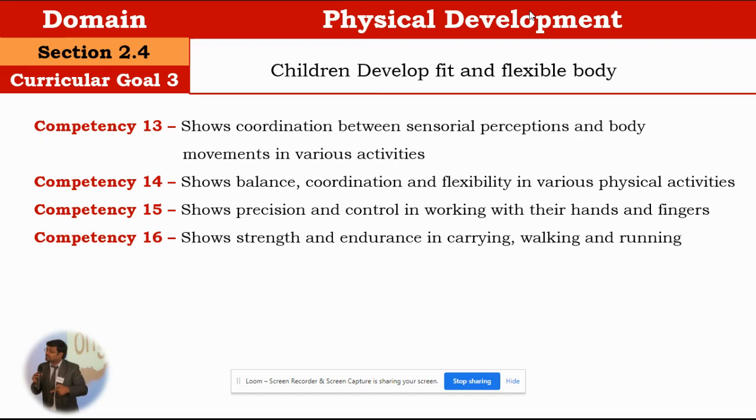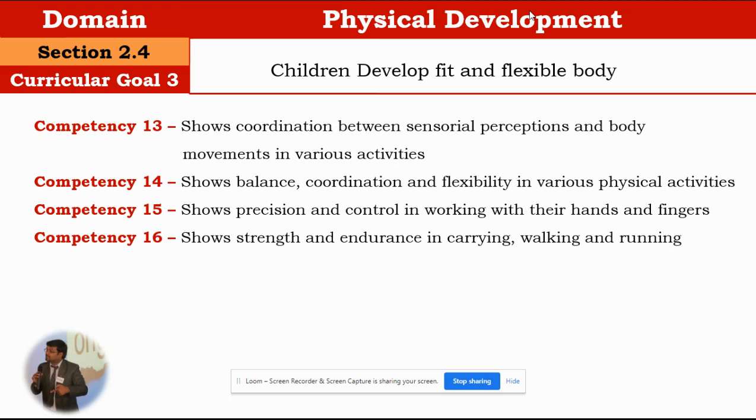Then craft and art work with precision, using coordinated movements of fine motor skills for working on activities which require more precision, like all the activities with beads, threads, and legible writing of letters, etc. Holding a glass with one hand, use of a spoon properly while eating, catching a ball that bounces from the floor, and so on.